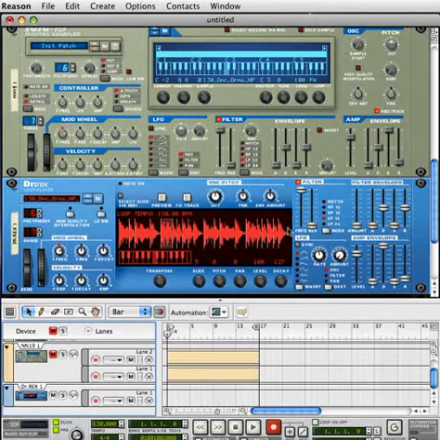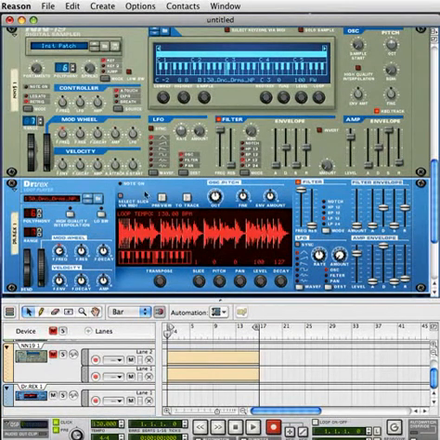Okay, another thing you may have noticed is I've loaded a Dr. Rex player in the rack. Okay, and what I did, I loaded that same drum loop into the Dr. Rex. Now I couldn't do that directly because that drum loop, as I was playing it in the sampler, was